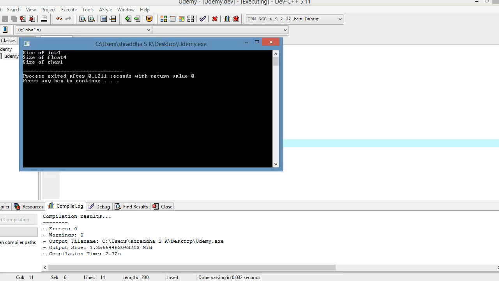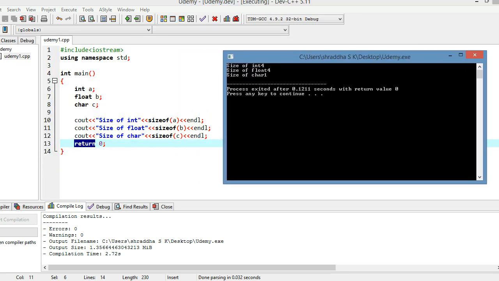So as you can see here, size of int is 4, size of float is also 4, size of character is 1. Size of int means how much memory it requires, 4 bytes of memory when we declare a variable.